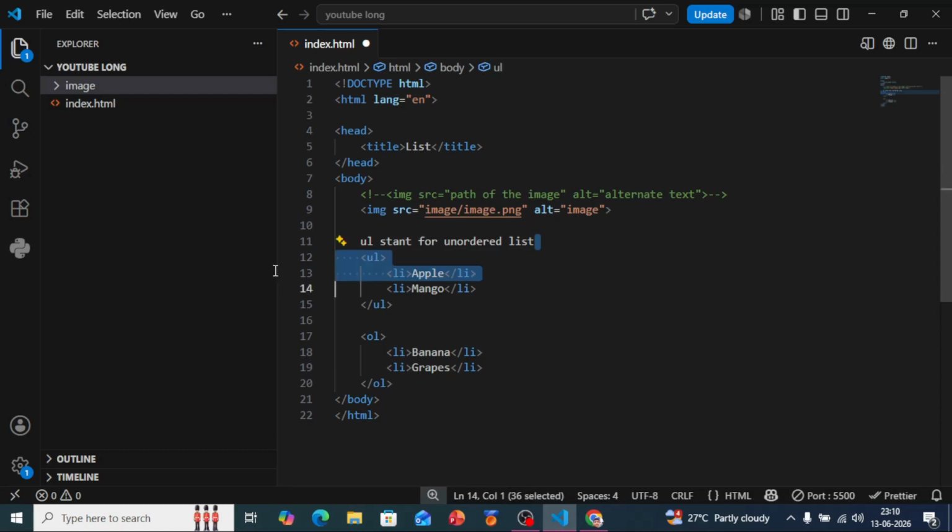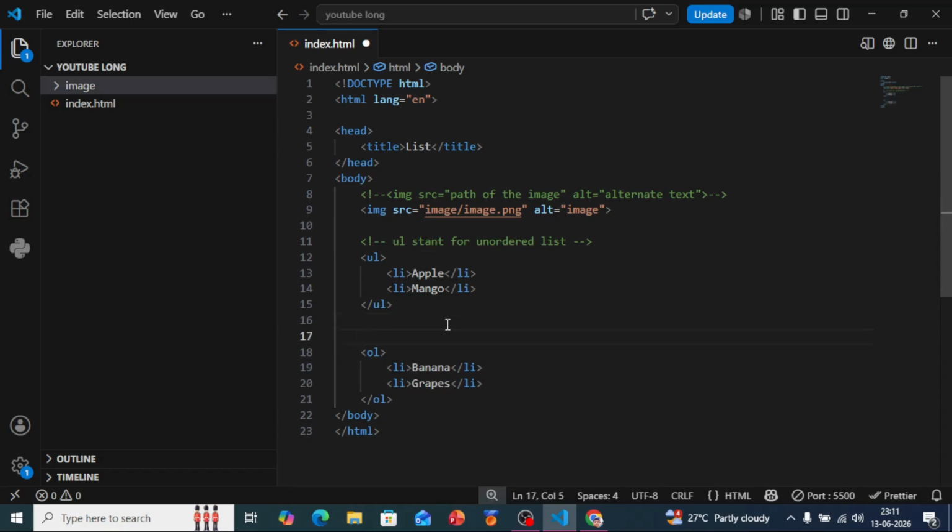You can select this and then press Ctrl plus slash, so it is converted into a comment, because of a function in VS Code. Same as for OL, OL stands for ordered list.